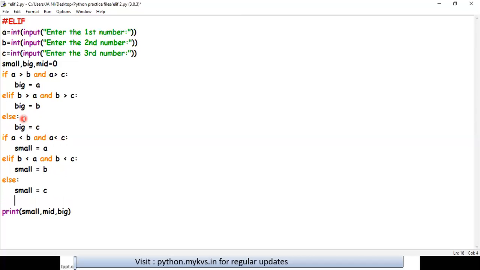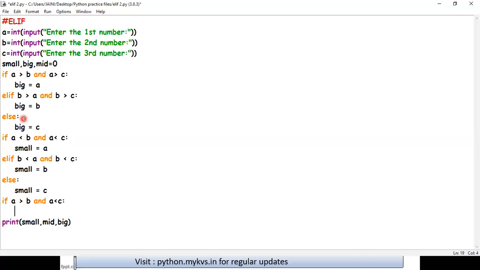Now I have given values to big and small. How will I give values to medium? Using the same statements, I will say if A is greater than B and A is less than C. Okay, that means it's the middle number.